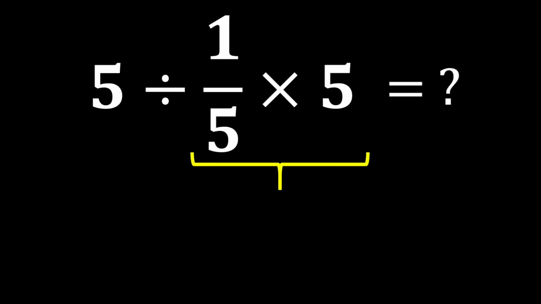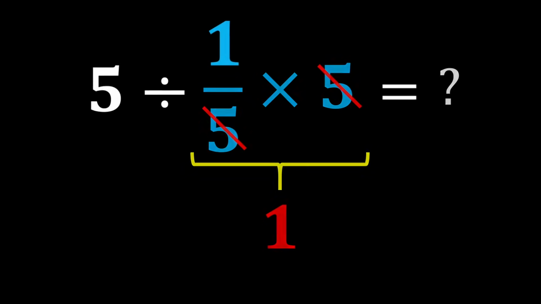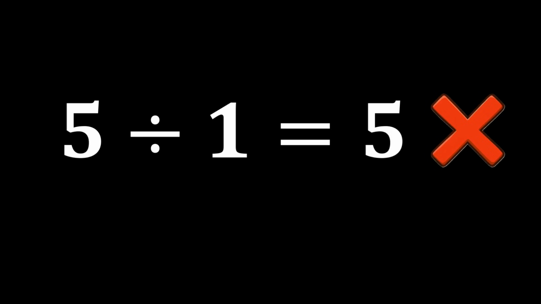First, we perform this multiplication. 1 over 5 multiplied by 5. The 5's cancel each other out, and only the number 1 remains. Then we divide 5 by 1, and the final answer becomes 5. But this answer is not correct,